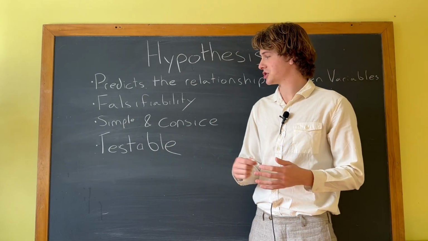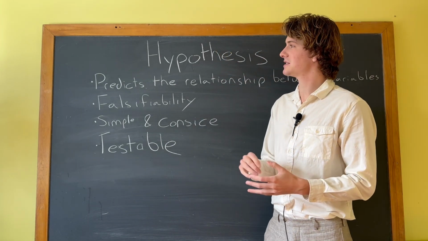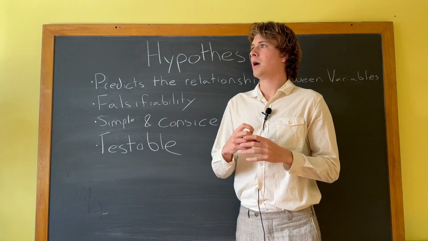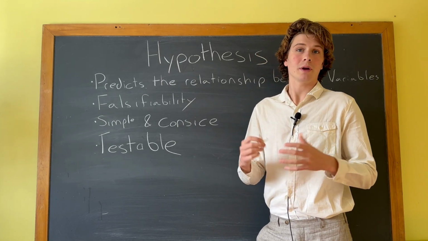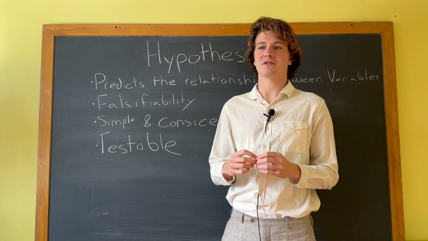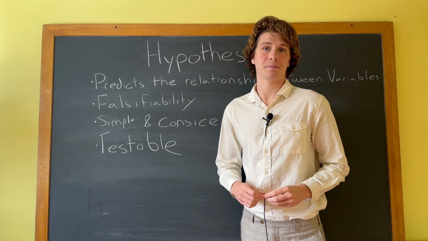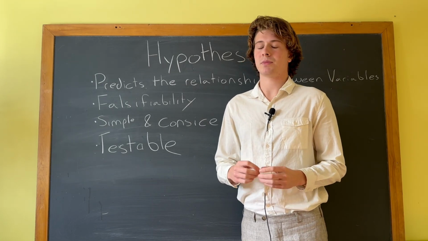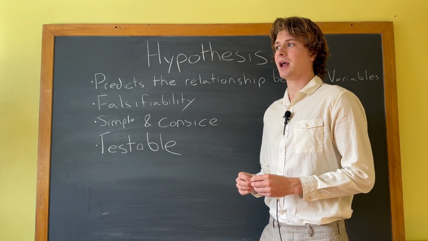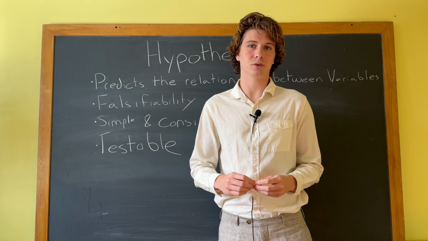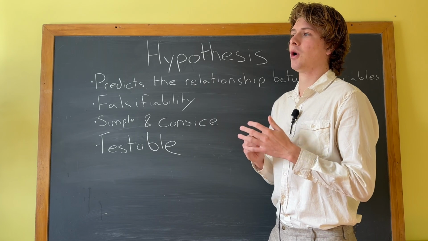A good hypothesis, of course, should be testable, right? You should be able to conduct an experiment to test if your hypothesis is true or not. It's important to note here that a hypothesis can be tested through experimentation or observation as well, right? Observation is a very key part of science, a lost part of science that was diminished by the Flexner report. If we go back and listen to episode 2 of my podcast, we talk about the Flexner report and how he mentioned that observation is an incomplete way to conduct science, right? Which is totally false in my opinion.